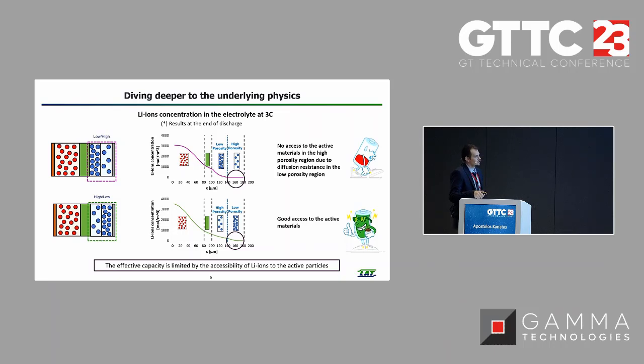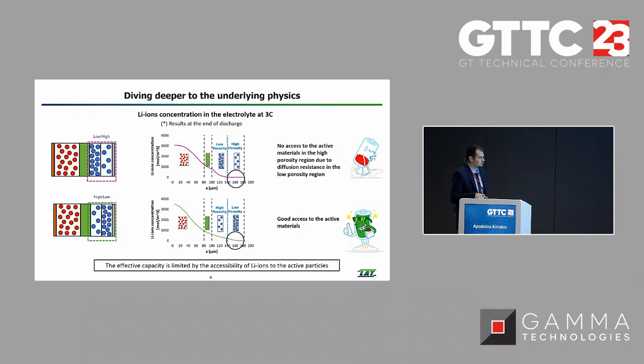Here, in the high porosity region, we can observe that there is no access to the active materials, and this is due to the fact that the low porosity region appears to have increased diffusion resistance. But now if we check the second case, the fact that we have placed a high porosity electrode